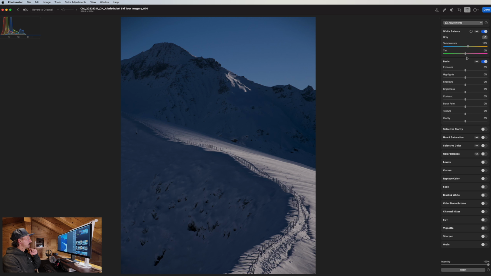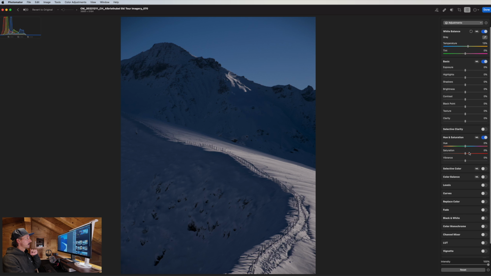The tint, I'm going to quickly do my little trick, which you might be familiar with. So we take saturation and vibrance all the way up. Now we can see it's still quite cool in the highlights. So there we go, a bit of yellow creeping into the highlights and the whites there. Now I can see the tint. It's quite